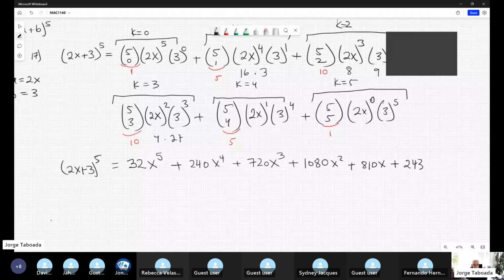Now, however, what happened with the negative? Well, the negative is easier because when the exponent is even, it's positive. But when the exponent is odd, it's negative. So actually, we have W6 minus 6 times W5 and S to the 1 power. And this minus, I put in the front. Plus 15, W4, X squared, and positive, because the exponent is even, and you know very well, when it's negative and the exponent is even, the answer is positive. Minus 20, sorry, W3, X cubed,